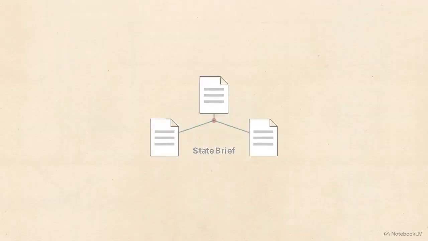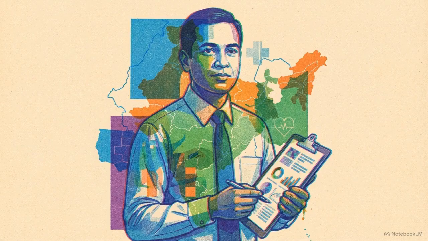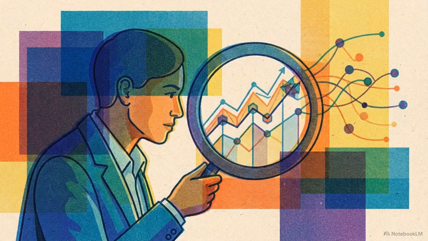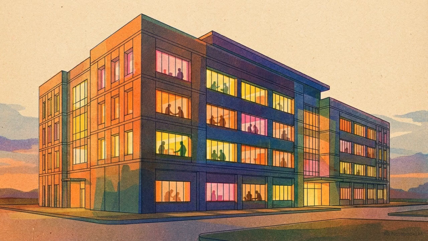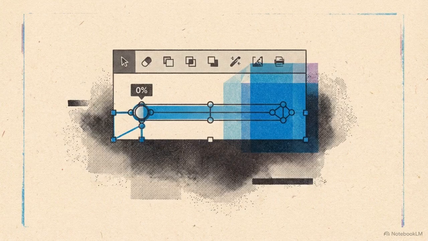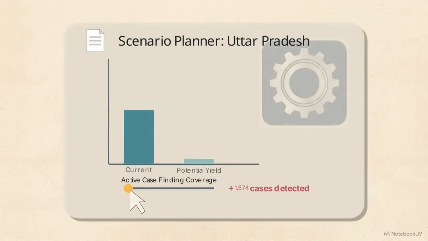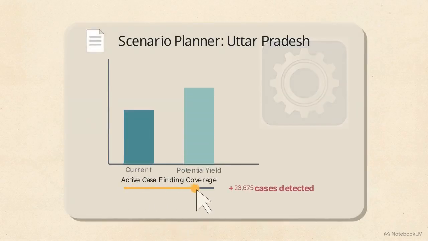This same data can be formatted for 3 different audiences: for a district collector, for a frontline clinician, or a research analyst, ensuring the information is useful at every level of the program. This architecture turns a chatbot into a grounded decision engine, where every recommendation is traceable to official government data. The system also includes a scenario planner. This allows managers to simulate the impact of increasing active case finding in a specific district, calculating the potential yield